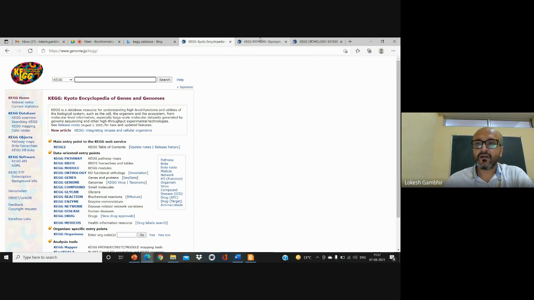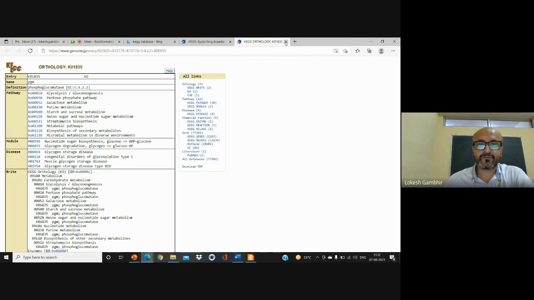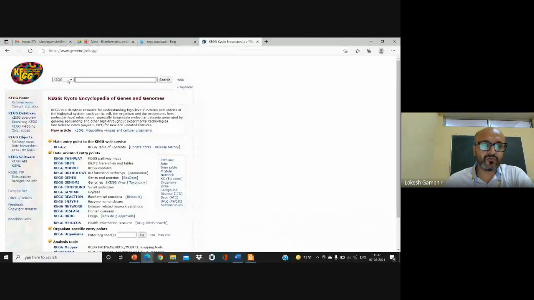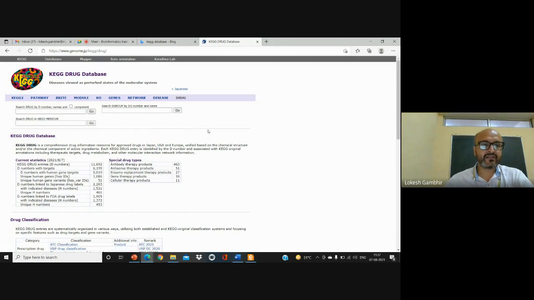Then let me close this particular thing, and then let's talk about the other thing. Let's go and search regarding drugs. Since in the last lecture we had established the understanding of targets, let's talk about the drug. So in the drug module you can either take the number from the drug database and write the number here, or simply you can write the name of the drug which you want to see.